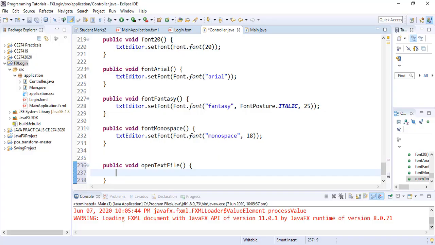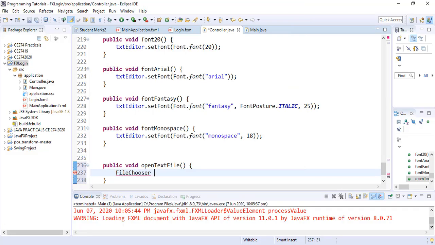The open and save dialog box in Java can be invoked by using the FileChooser. So they are all created from the FileChooser class. So we need to create a variable from the FileChooser to display the open dialog box to enable us to do the selection. So we say FileChooser